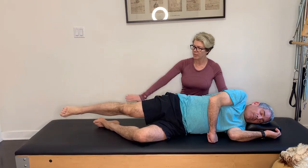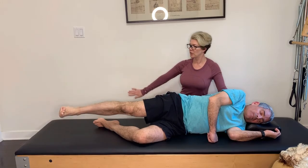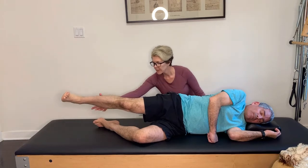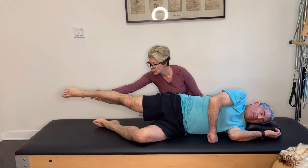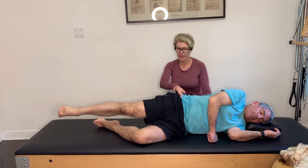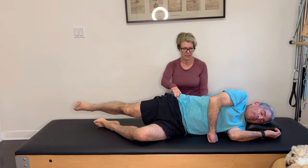Good. Everybody wants to do their circles in front, and they want to cheat the back of the circle because that's where it's hard. So find the back of the circle, because you're circling a bit to the front, circle to the back. So you're getting hip extension, and control those hips. Keep lengthening and push the chest out, tail back,